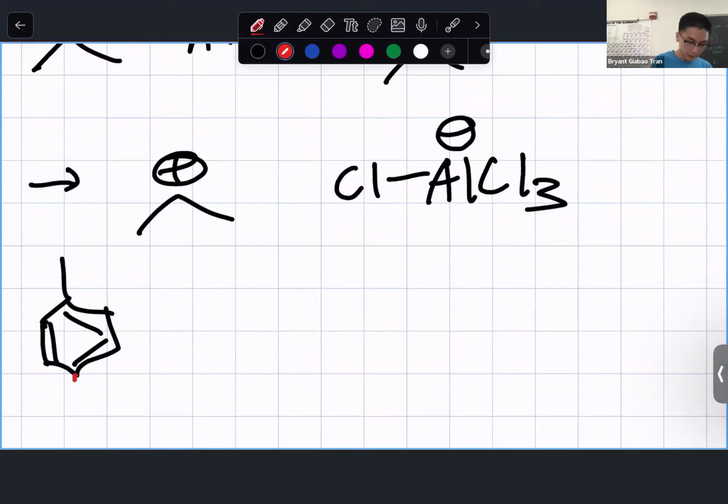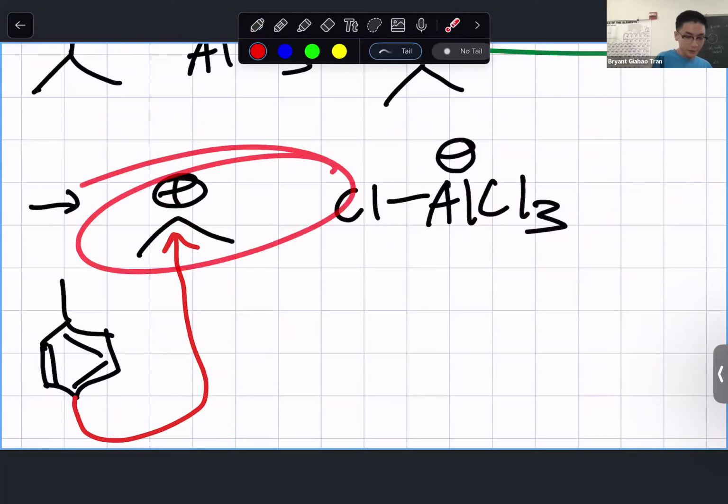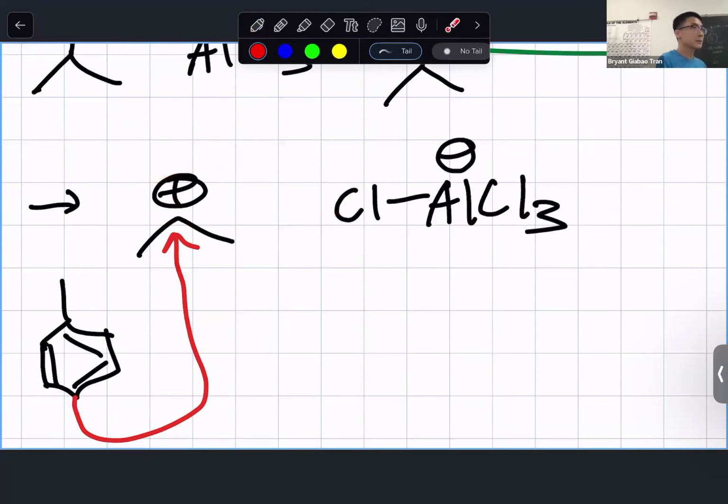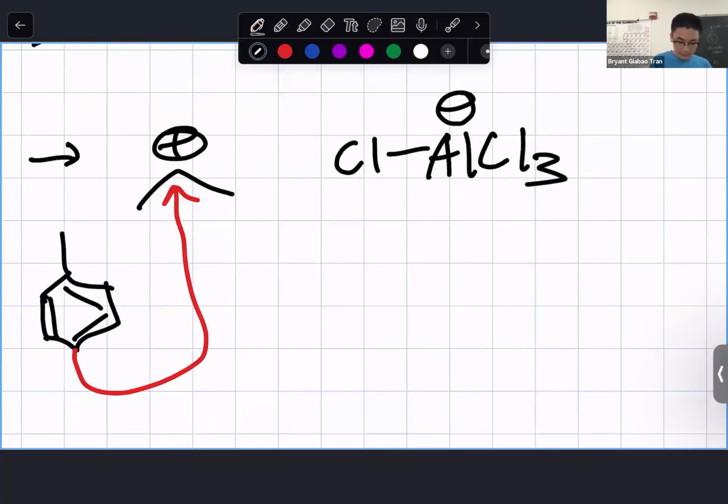is going to use this para carbon to attack that carbocation right there on that R group, right? At this point, we always have to look out for rearrangement, but there's no hydride or methyl shift because it's already in its most stable position. So we didn't have to worry about that in this case. So then when that happens, we are going to break the aromaticity because we're going to use this bond here to make a bond between this carbon and that carbon right there, which is going to give us